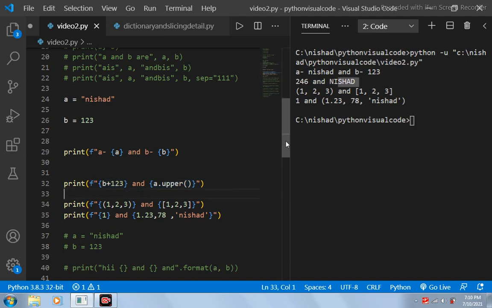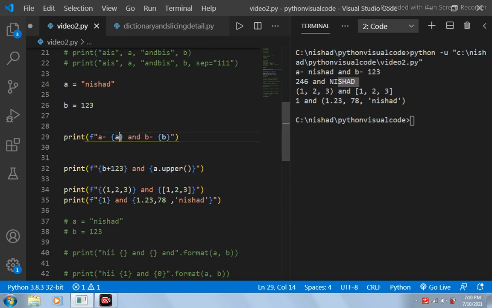Okay, so here we have put in the variable names. I can also directly put the values over here. So I can directly put a string over here. I can directly put a tuple, as in this case. I can directly put a list over here. I can directly put an integer number over here. And if I put, let's say, multiple values separated by commas, then they will be printed in this format over here.